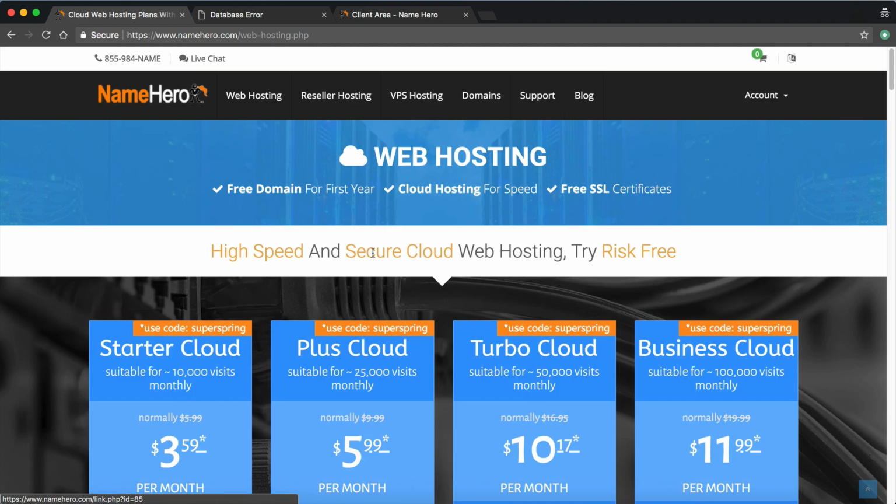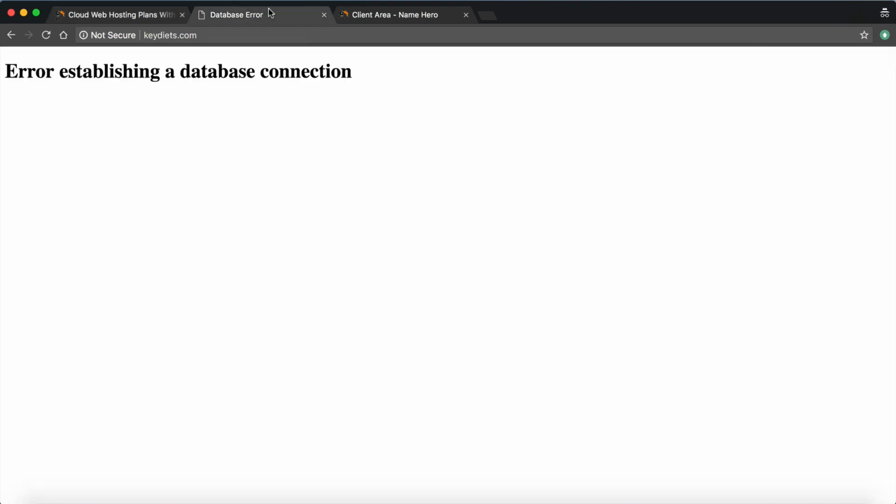So with that said, let's talk about this error and how you can go about troubleshooting this. This is a very frustrating error. I know when I've gotten it before, it's one of those things that makes you want to pull your hair out, because it just says error establishing database connection. Okay, now what do I do? So I'm going to walk you through a couple of things to troubleshoot this, and then you can go from there. Now, a lot of times people run into this when they're making modifications to their WordPress,